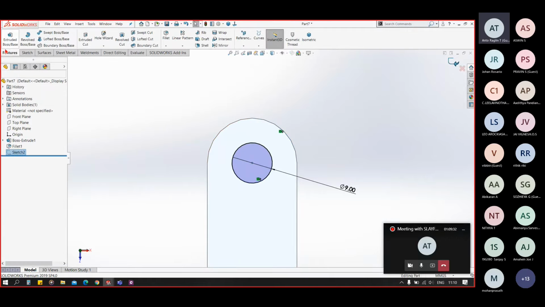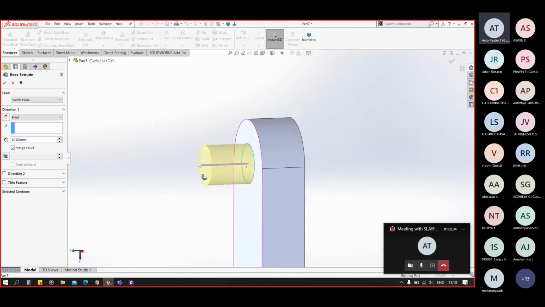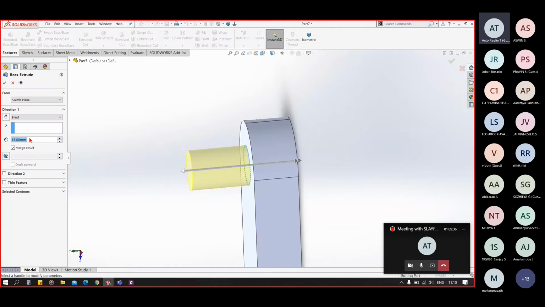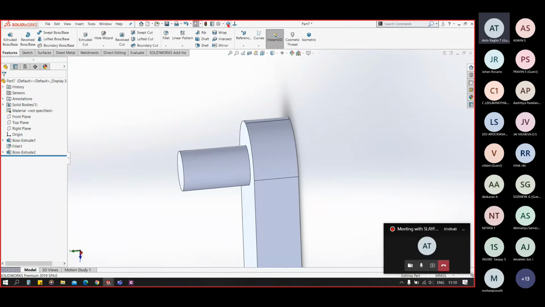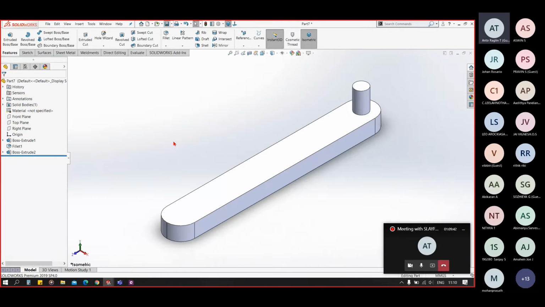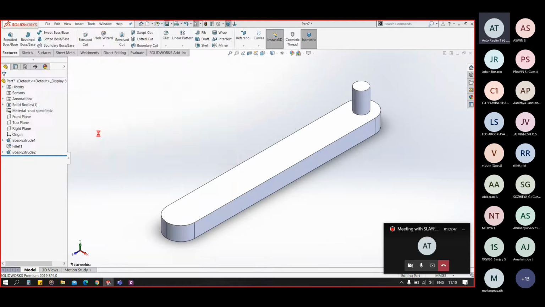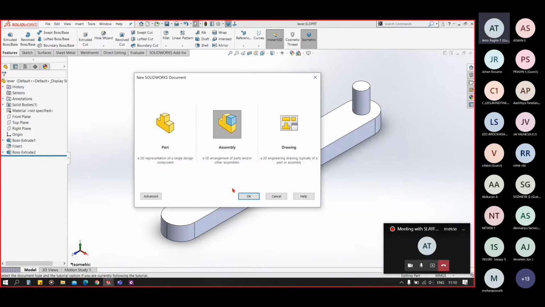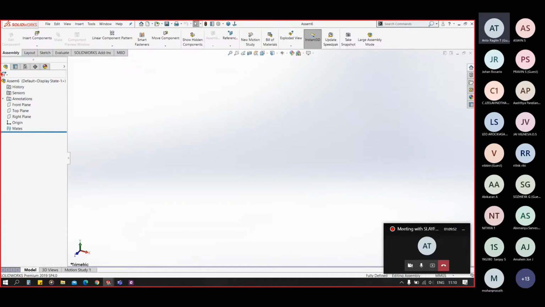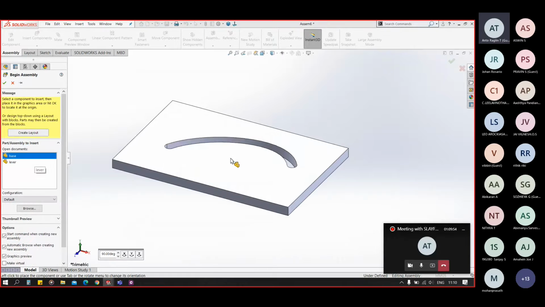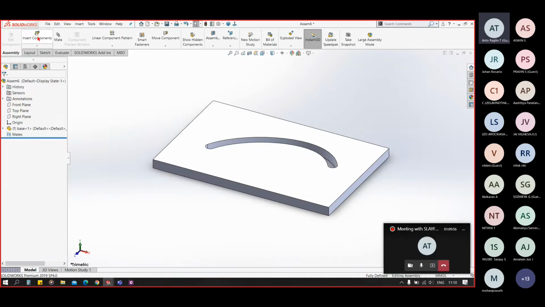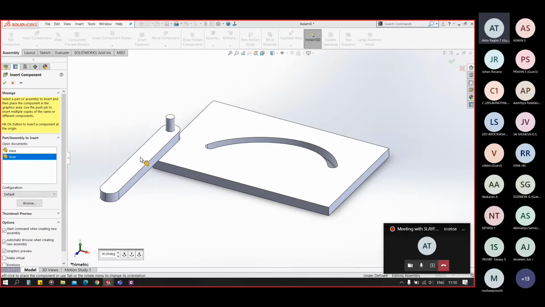Now extruding this face up to 15 mm, let's say, and save it as, let's say, lever. Now create a new assembly. In the assembly, insert the base and the lever.